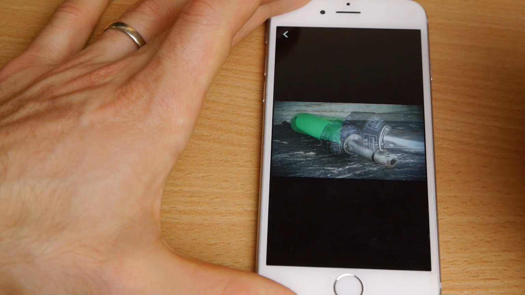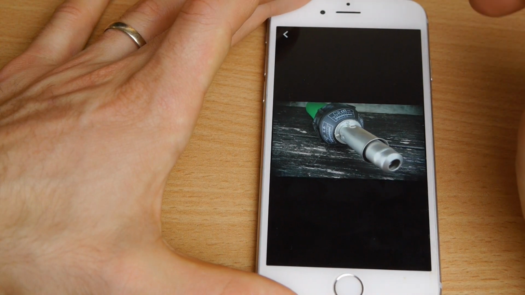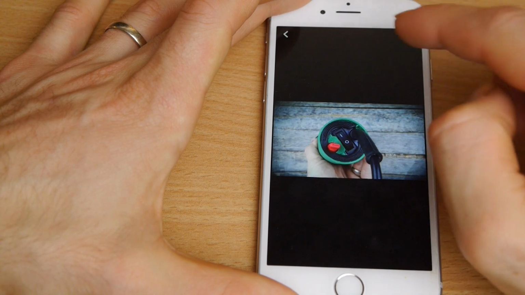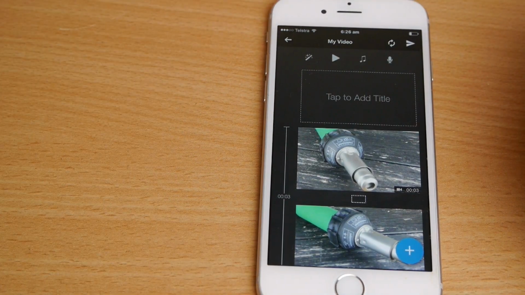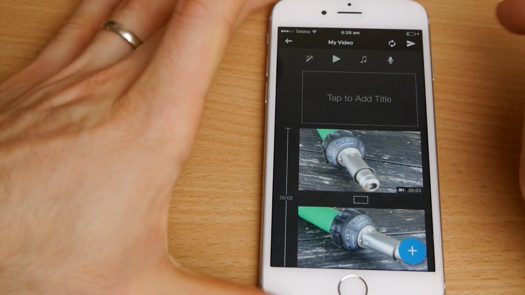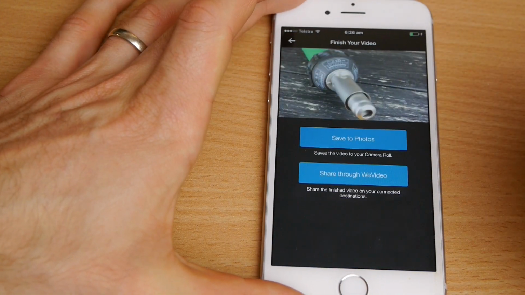So if you're happy with how your promotional video looks, then it's time to upload your promotional video to YouTube and to share your promotional video. So to share your promotional video and to upload it to the interweb, you click on this arrow on the top right hand side over here,